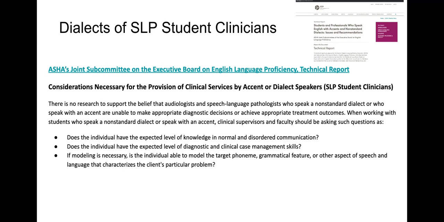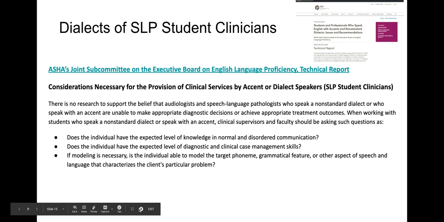So more on that. Again, this is more information on dialects of student SLP clinicians. So again, I'm linking in the report here. I want you to take a look at the report and consider those considerations that they have, as they mentioned, student clinicians who use non-standard dialects and how that affects the communication skills of the student clinician in the therapeutic context. And take a stance on it. Let me know, do you think that this is accurate, that they're on the right track here with this report? Do you agree with them, or do you disagree, and why? And give an example to support or refute your answer. All right, so again, I'm looking forward to hearing your responses. Thanks.